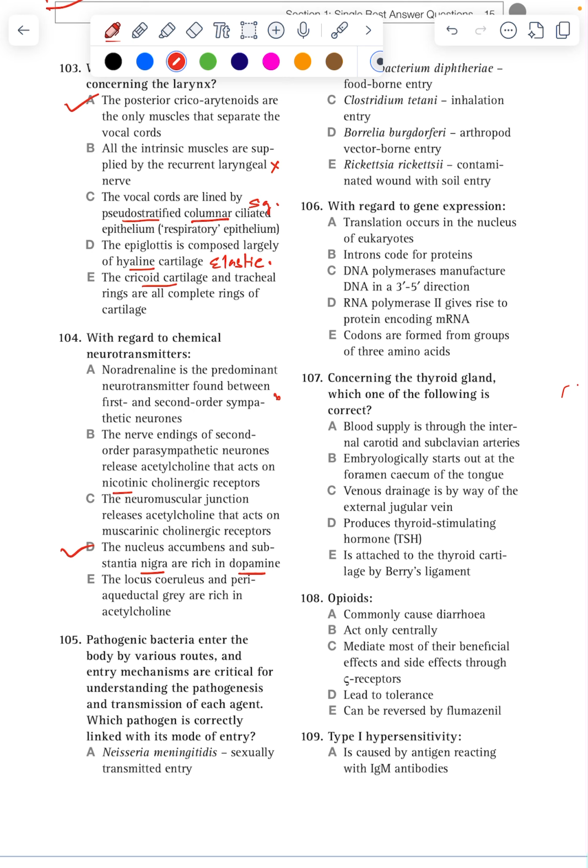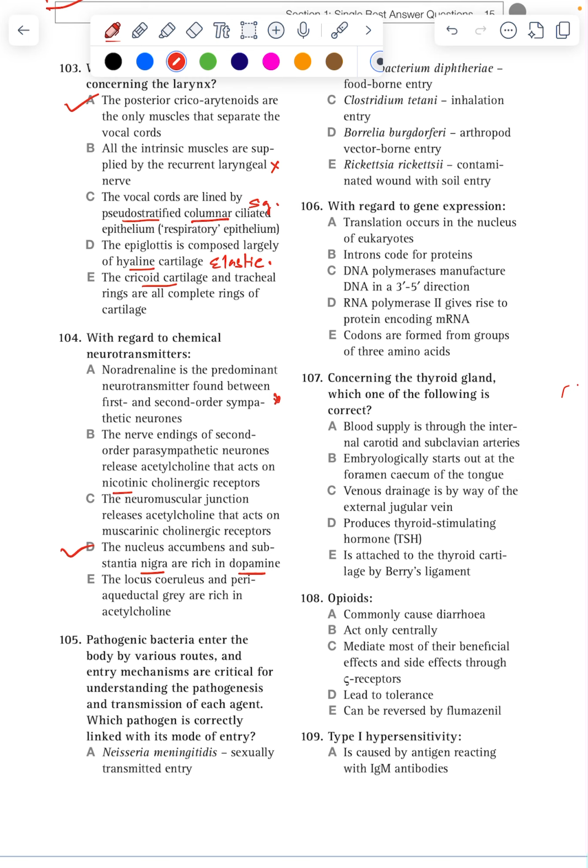In both sympathetic and parasympathetic fibers, preganglionic neurons release acetylcholine. However, they differ in the second synapse: noradrenaline is used within the sympathetic system. Although it is not entirely true, because postganglionic sympathetic fibers to sweat glands, pilomotor muscles, and a few blood vessels are cholinergic. Acetylcholine is the principal neurotransmitter within the parasympathetic nervous system, but this time acting on muscarinic receptors. So for the second part, nerve endings of second order parasympathetic neurons release acetylcholine that acts on muscarinic, not nicotinic, receptors.